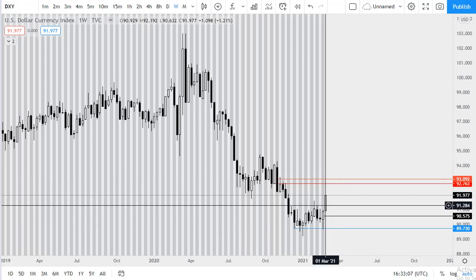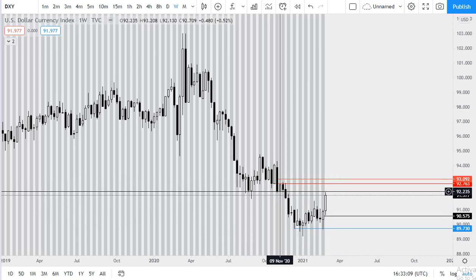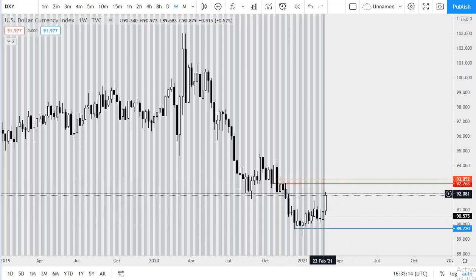You can see that this was a strong move. We've just found this support up in here which has stopped price for this strong bullish close. If we go to the daily chart,